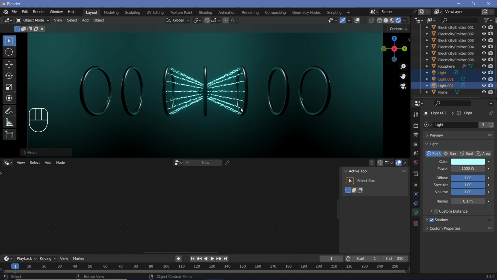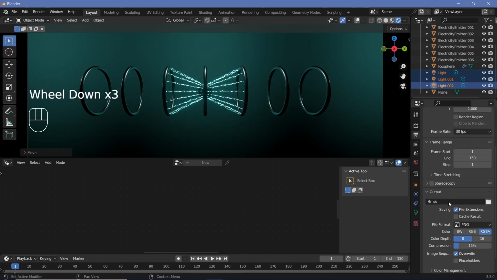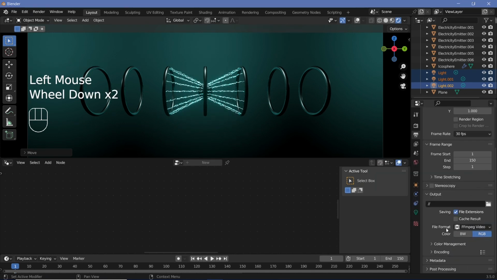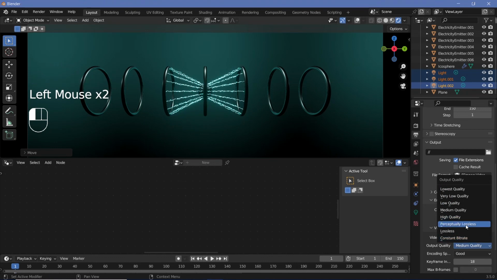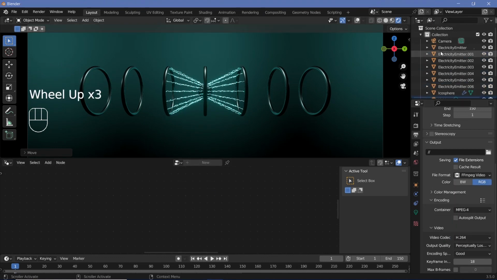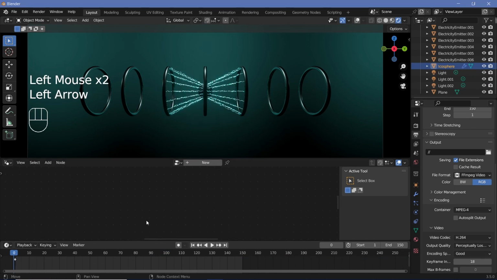Next, we can start off with the actual animation. So we'll go to our output properties, change the frame rate to 30 frames per second, set the end frame to 150 so that it's a 5-second long animation. Output folder can be wherever you want it to be. File format, we're going to choose FFmpeg video, and encoding has a container of MPEG-4 with an output quality of perceptually lossless. Then let's select our icosphere, increase the timeline a little bit, press back to go to frame 0,